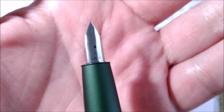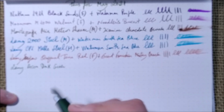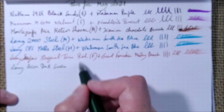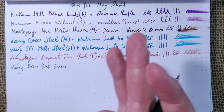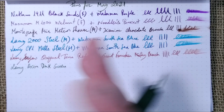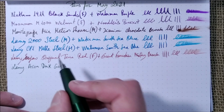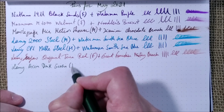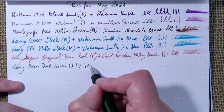It has a nib that is somehow similar with the Safari nib, but it's not exactly the same. So this is the Lamy Aion Dark Green, and this is a limited edition for 2021. So both these pens are limited editions. There are regular editions like the silver and the black, and there were two special editions from the past which were red and blue, and they are not available anymore unless some store still has some remains of stock. The ink that is inside this pen is the Diamine